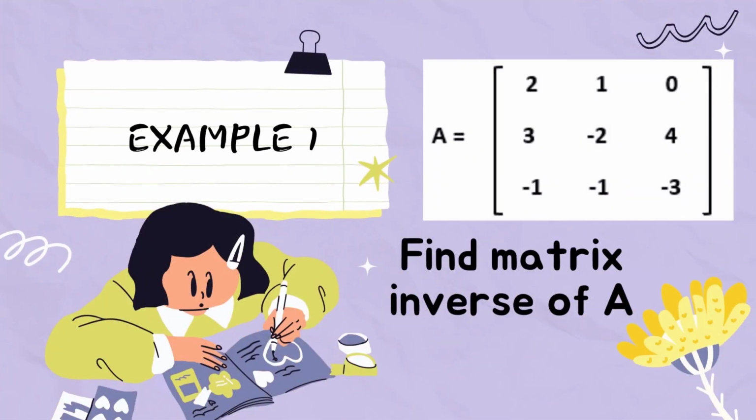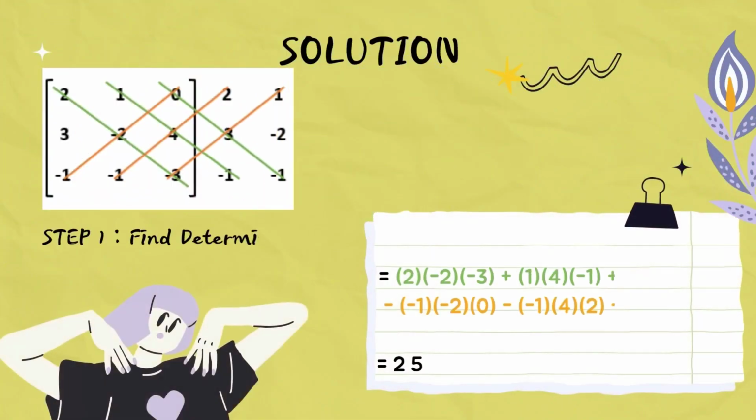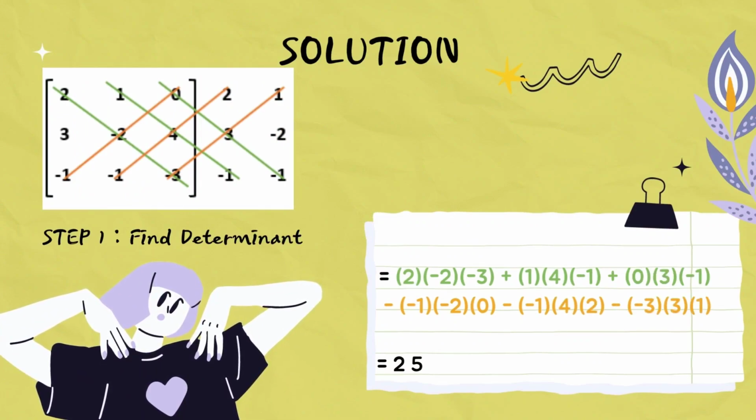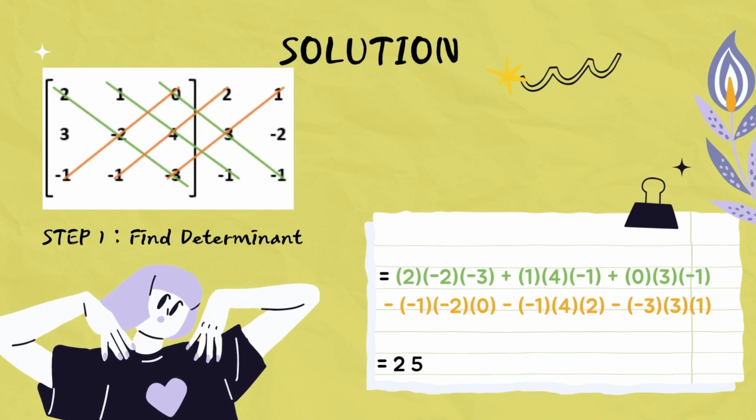So let's start with our example 1 that has been given in the slide to find matrix inverse of A. Firstly, you have to find determinant. To find determinant, you have to do a cross calculation. As you can see in the slide, there is an example for you to follow. Firstly, you have to find the value of the top left to the bottom right. There is an example that shows that 2 multiplied by negative 2 multiplied by negative 3, plus the next column,